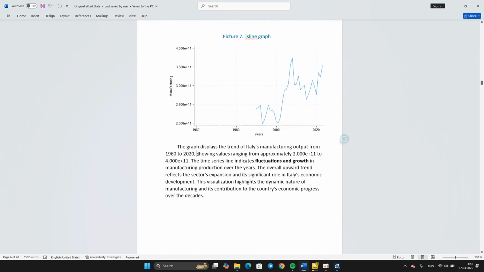TS line graph. Okay, the graph displays a trend of Italy's manufacturing output from 1960 to 2023. I think I made a mistake. Okay, showing values ranging from approximately 2e+11 to 4e+11. The time series line indicates fluctuations and growth in manufacturing production over the years. Overall, the upward trend reflects the sector's expansion. Okay, overall upward trend. Let's highlight this section because it's showing the upward trend from an overall point of view,